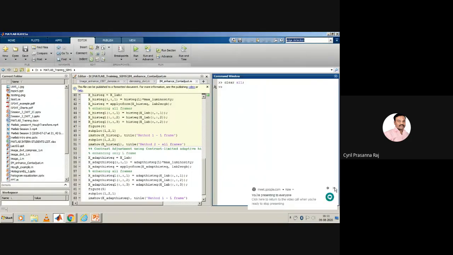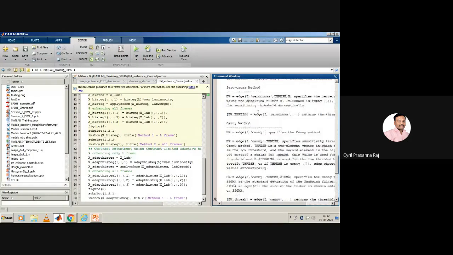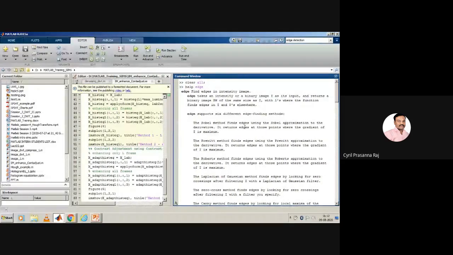Now if you go to MATLAB and type, for example, help edge, you see the operator edge; it basically defines the entire functionality of edge.